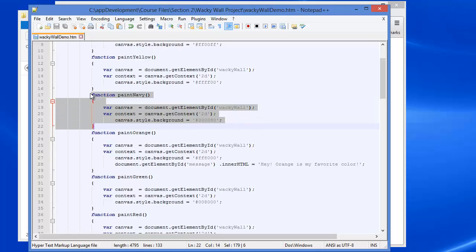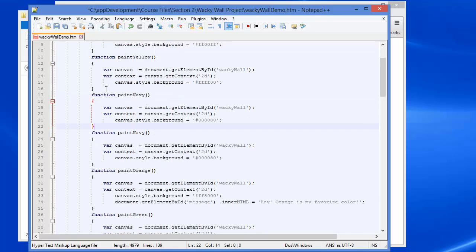And it's as simple as highlighting all of the code. So from function, where the function is declared, including everything inside the curly braces. So highlight that and copy it with a Control-C. And then just insert a new line and Control-V to paste the code. So now we have two copies of the paint navy function,